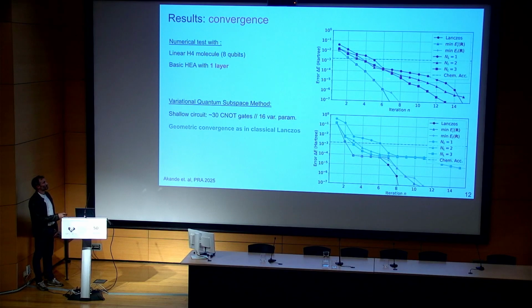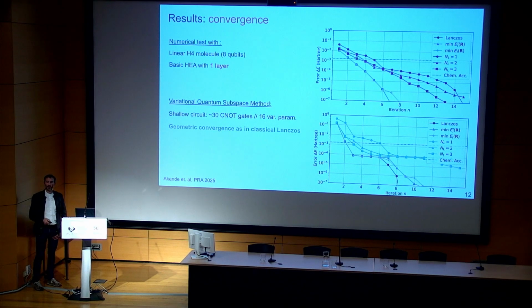Okay? So of course, if you use a hardware efficient ansatz and you do not perform exactly your variational problem, you do not recover exactly what you get with the classical algorithm. However, you have this linear dependence of the error with the number of iterations, which means that you have geometric convergence and that the job is done somehow. At some point, you might have a plateau. This kind of plateau has no link with Barren plateaus or stuff like that. You have it also with classical Lanczos, and it happens when you have